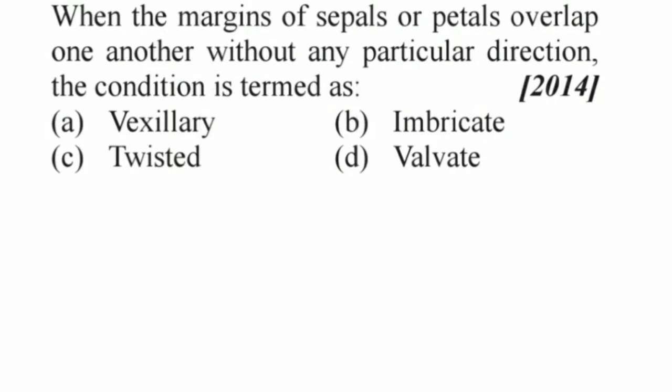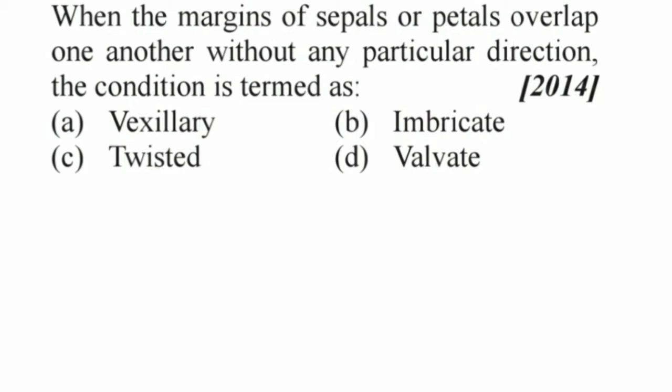Next question. This question is from the estivation concept. When the margins of sepals or petals overlap one another without any particular direction, that is irregular direction, the condition is termed as vexillary, imbricate, twisted, valvate. If you look into the estivation concept, there are four types of estivation. One is valvate, twisted, imbricate and vexillary. Valvate means here sepals or petals in a whole just touch one another at the margin. For example, in calotropis. Twisted, one margin of sepal or petal overlaps the margin of the next and so on, normally